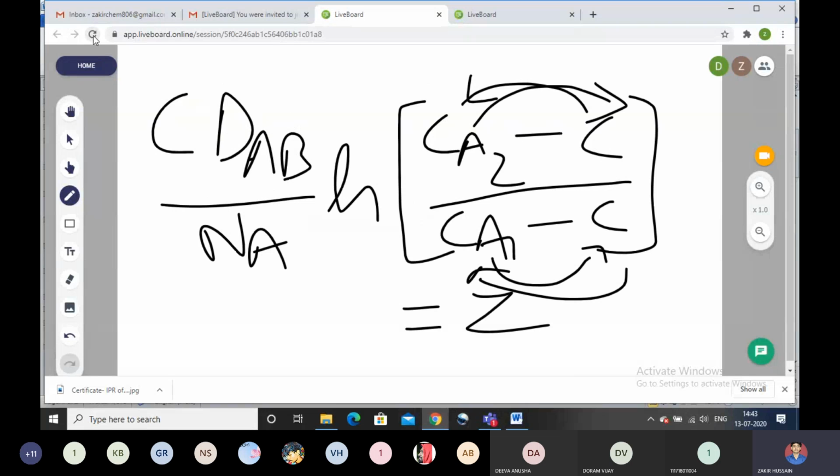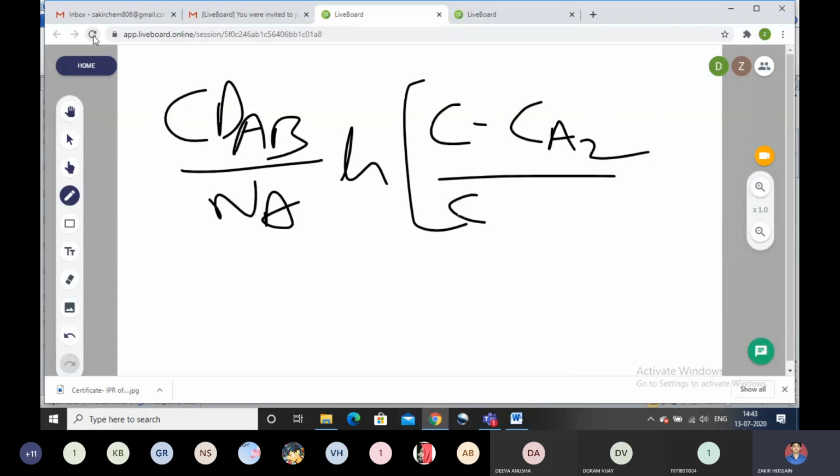C minus Ca2 divided by, similarly we have to interchange in the denominator also, C minus Ca1 is equal to Z. Then this equation